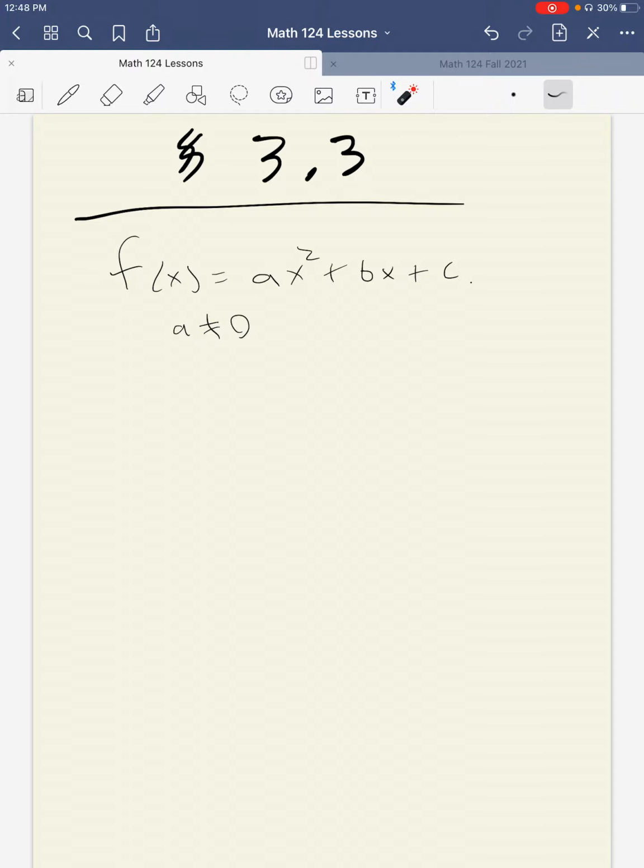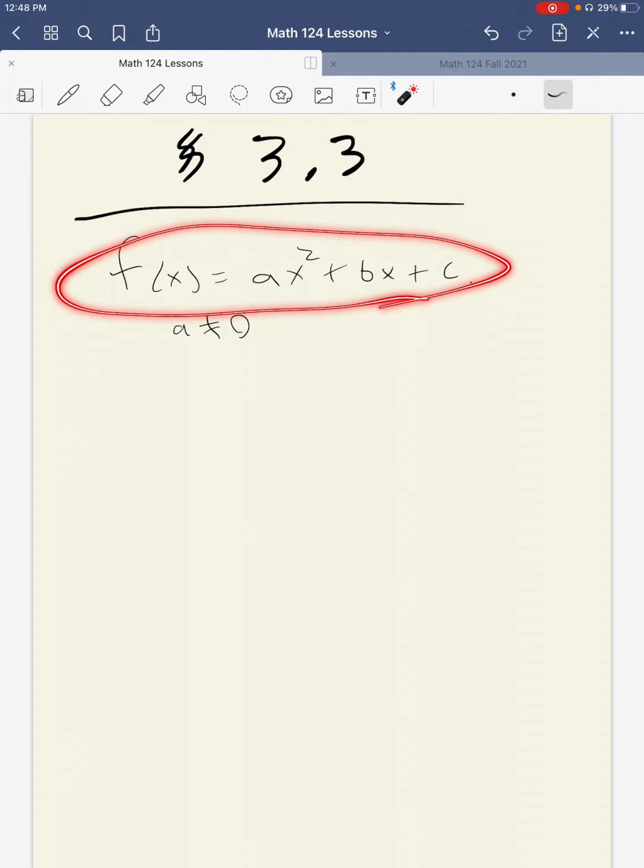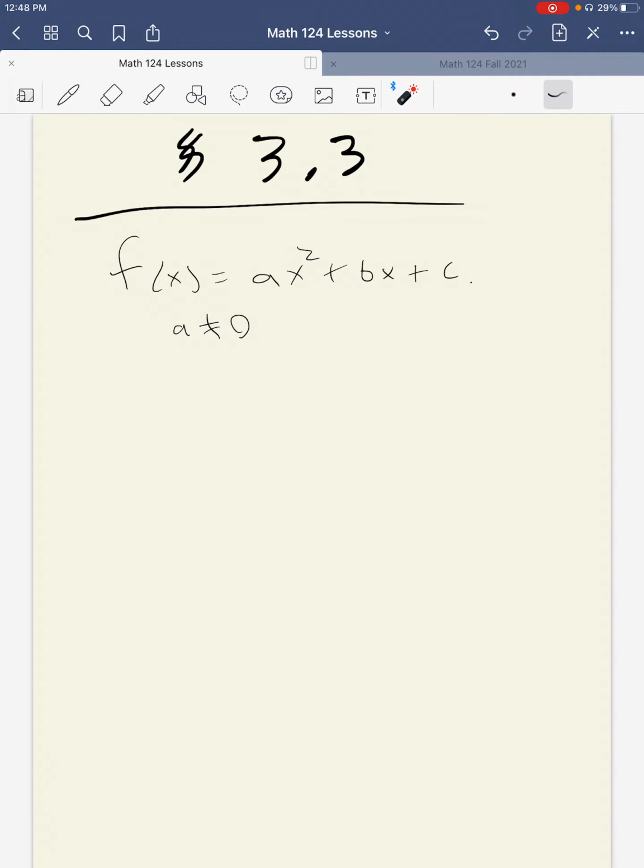And today we will be looking at quadratic functions, and we find what is called the minimum and the maximum of the quadratic function. And we also learn a new way of writing a quadratic function. It's called the standard form. So let's begin. So here I have a quadratic function, ax squared plus bx plus c, and we request a